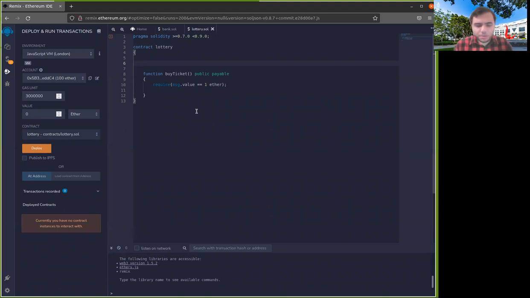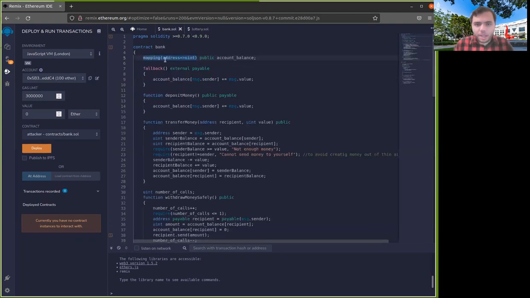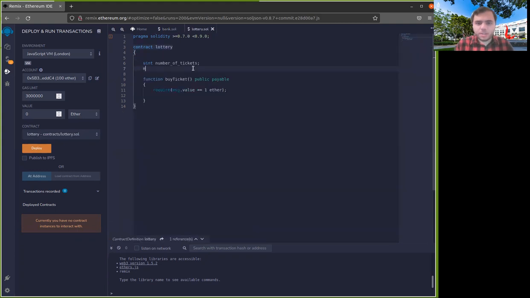So one thing I'm going to do here is that I'm going to have some integer that is going to give me the number of tickets that I have overall. And then I'm going to also have a mapping, but the opposite of this. So a mapping from unsigned integers to addresses that basically tells me who the ticket owner is. So, ticket owner.